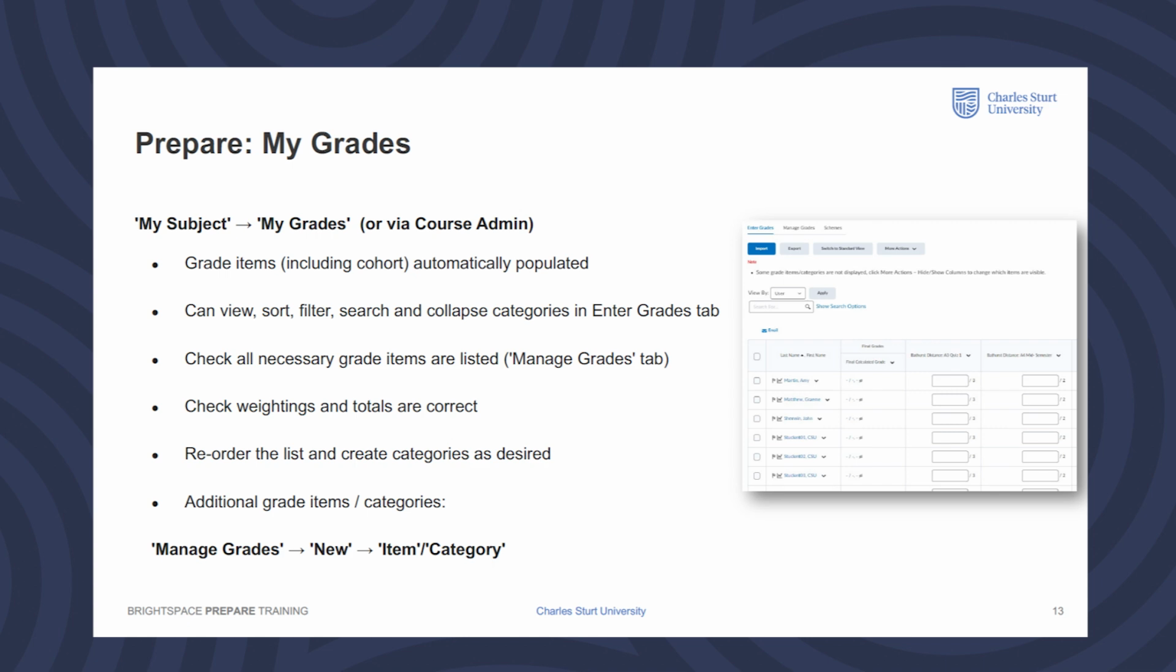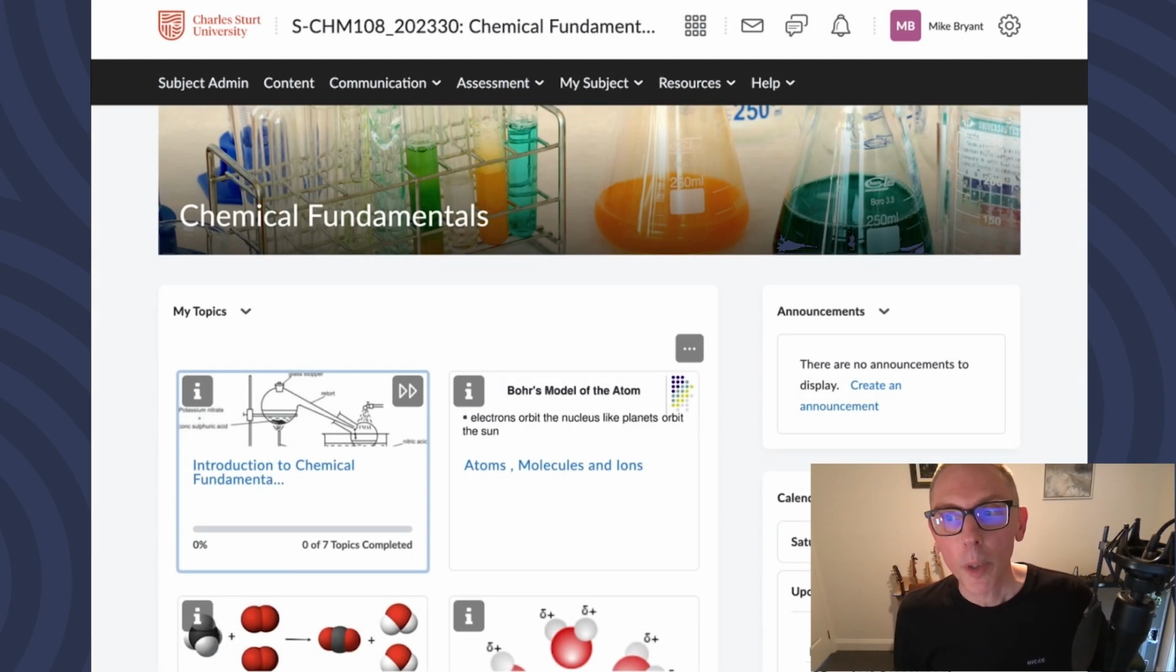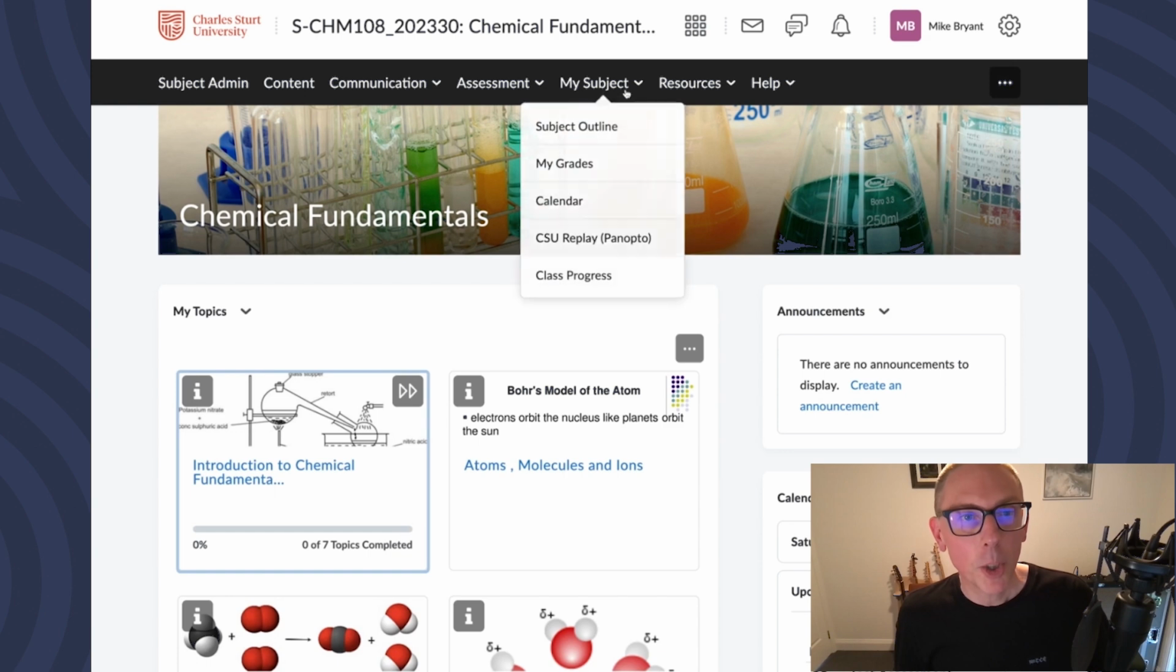The next step is to set up the gradebook, known as My Grades. In Brightspace, this is a simple process. Grade items automatically populate for each cohort from the subject outline, so you need only check that the items showing are correct. To do this from your subject site, click the My Subject expanding menu in the navbar and select